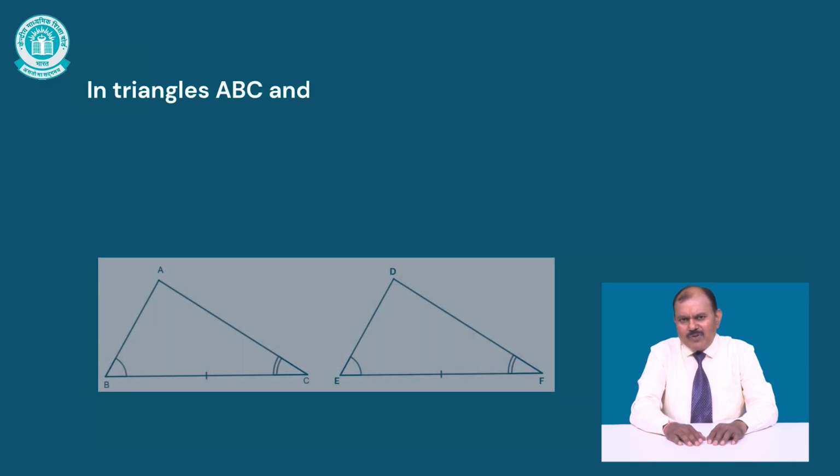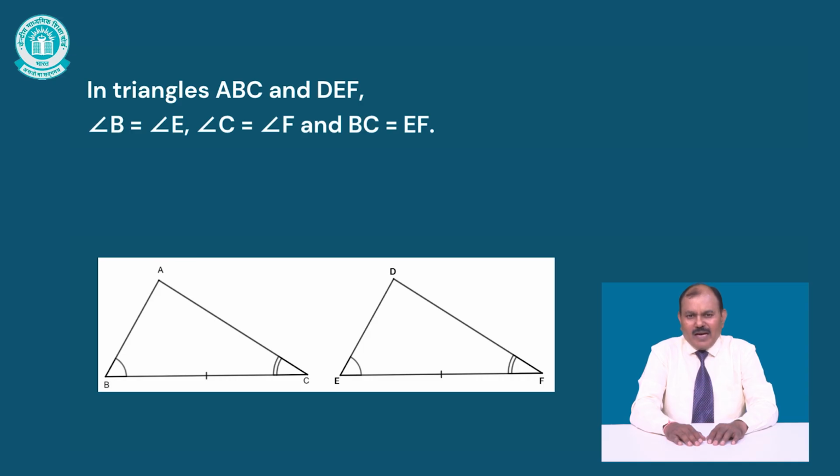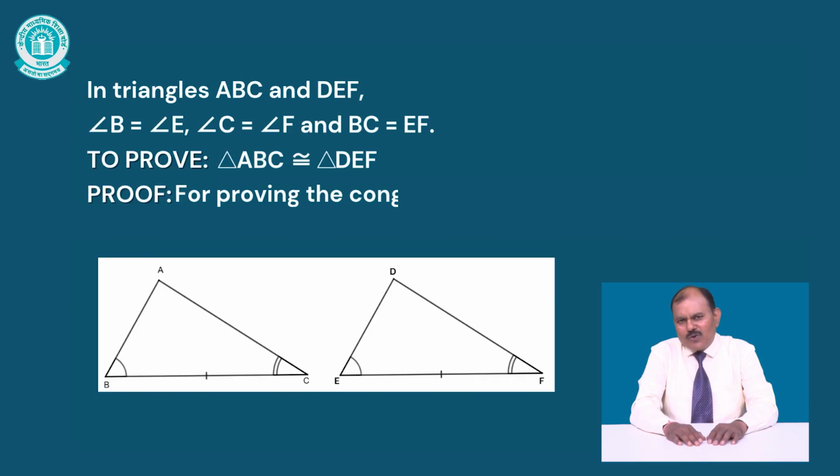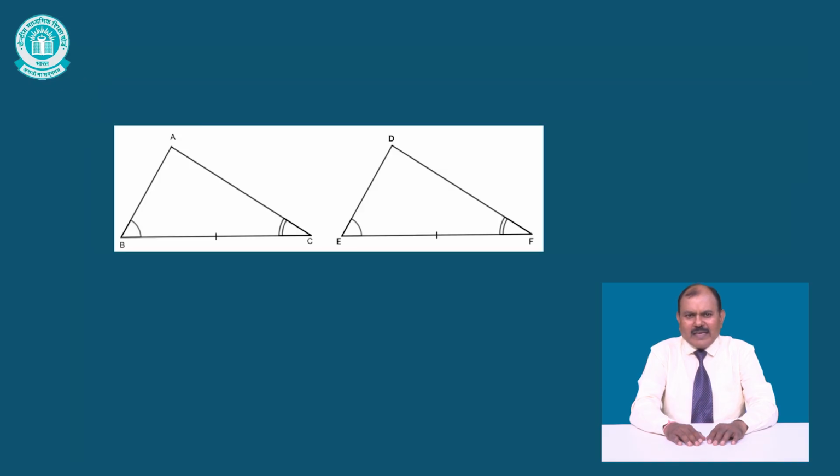Let us prove it. We are given that in triangles ABC and DEF, angle B equals angle E, angle C equals angle F, and BC equals EF. And we need to prove triangle ABC is congruent to triangle DEF. For proving the congruence of the two triangles, three cases arise. Case first,